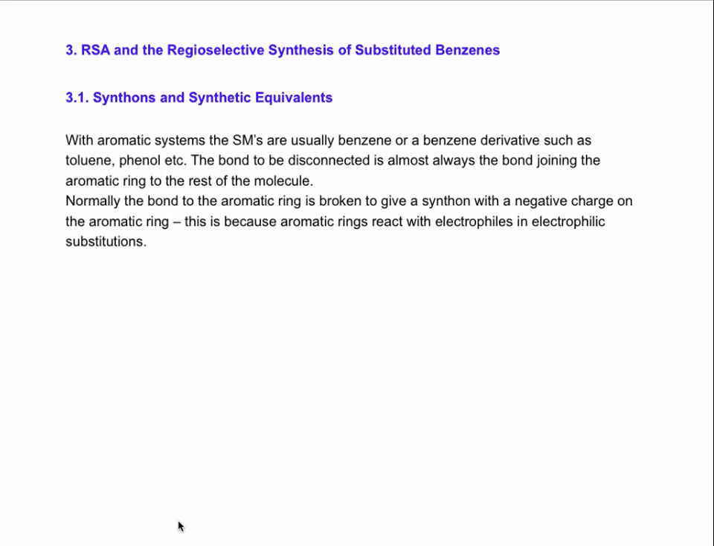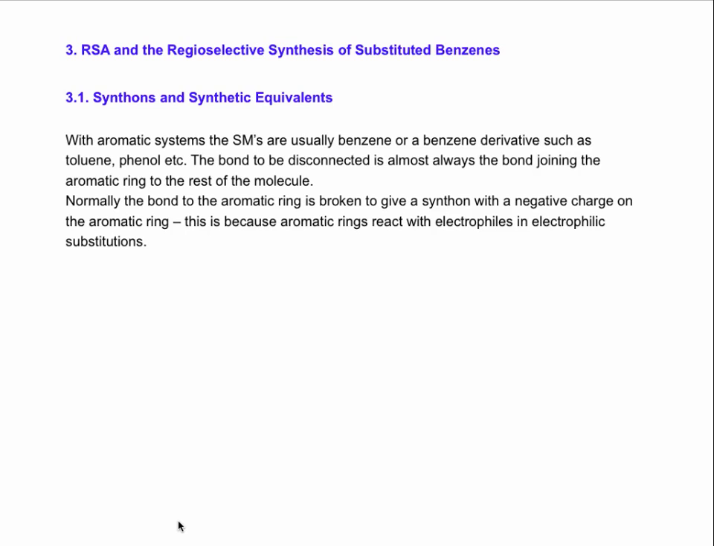So in section 3 we're going to look at RSA and the regioselective synthesis of substituted benzenes, and we'll start by looking at synthons and synthetic equivalents. And with aromatic systems, the starting materials are usually benzene or a benzene derivative such as toluene, phenol or others,